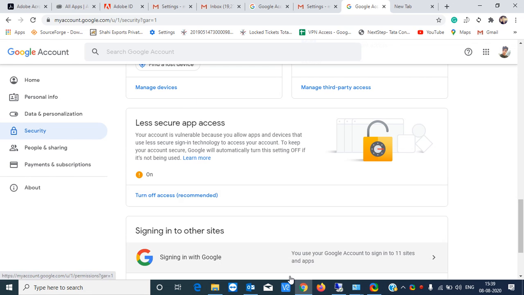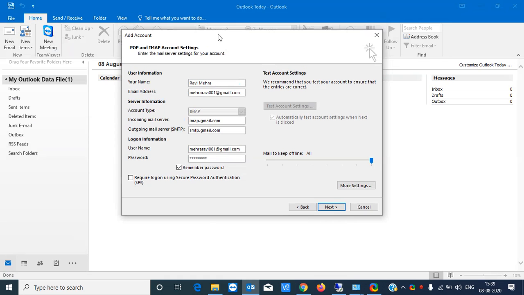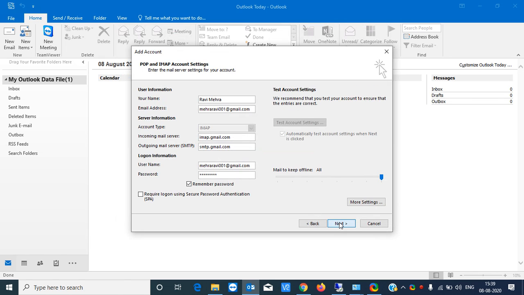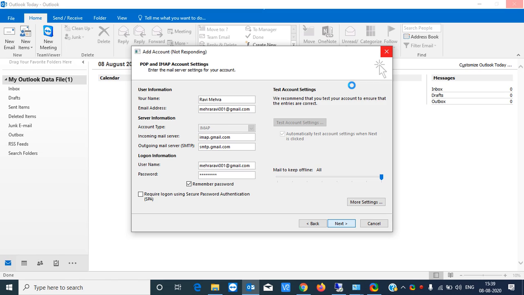So go to your Outlook. As you can see, just click on Next. My Outlook is processing now.